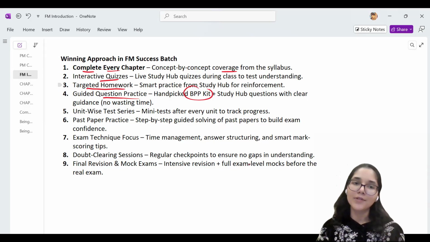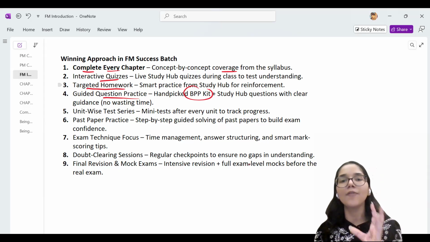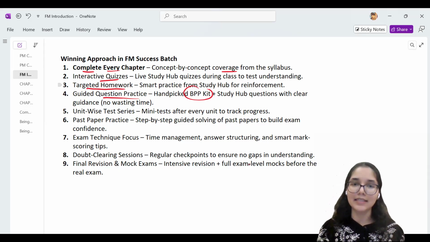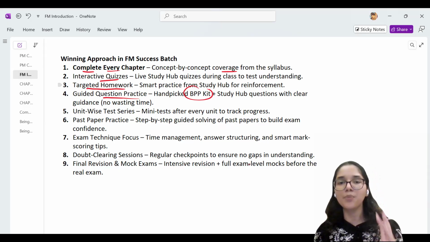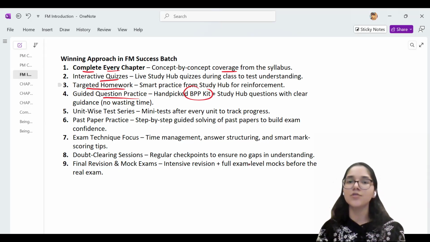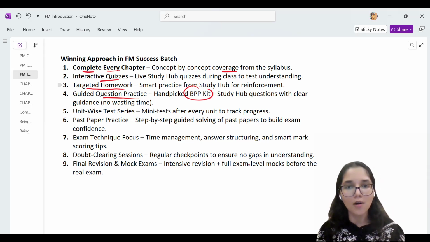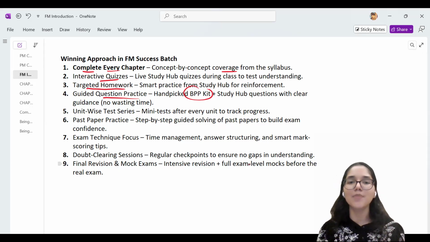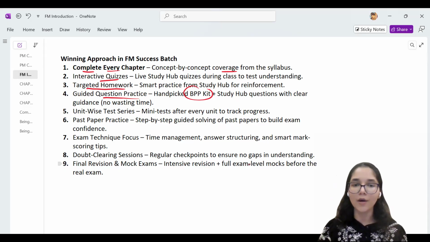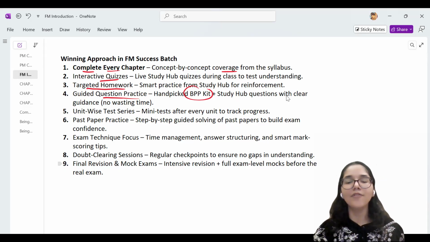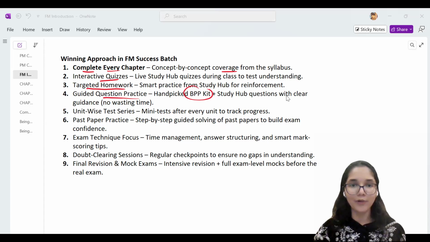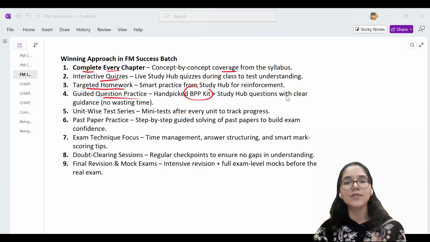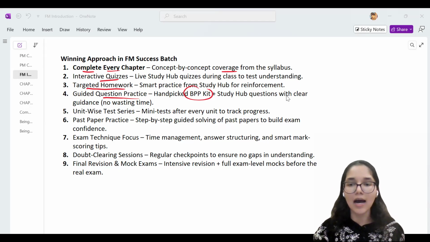As per our syllabus coverage, after allowing you sufficient time for your practice, we will be holding this test, which is going to be freshly prepared questions. No questions from any of the kits, no questions from any of the past papers, just questions which I have prepared myself from scratch for you in accordance with the latest exam standards as well as my past experience. So you will be solving those questions. We are also going to have an evaluation. I will personally be evaluating those questions for you, and then we will also be debriefing those tests to learn how to solve the answers step by step.